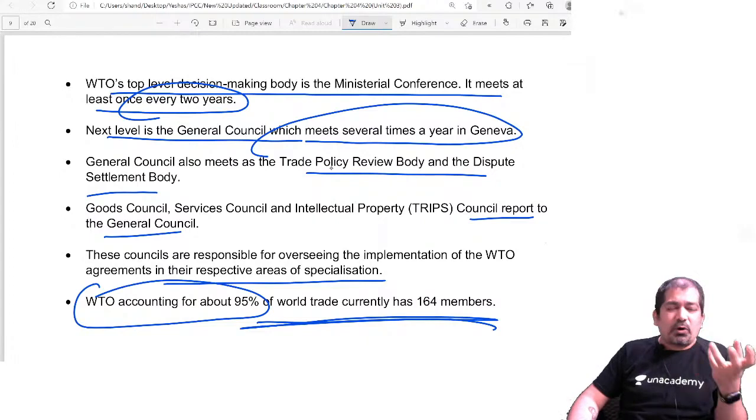They can ask you, explain the Uruguay Round. It means you have to explain what change happened between GATT and WTO. They can ask you why GATT became obsolete in the global trade scenario. Again, you have to write the difference between GATT and WTO. Alright, clear? So the remaining things, with regard to guiding principles of trade, we'll discuss later on in